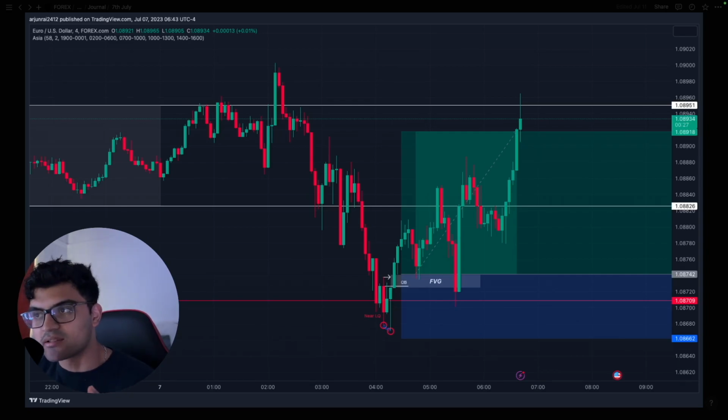Just sit back, relax. You can't control the markets. Literally, you can position yourself in the best possible scenario. At the end of the day, your trade depends on some big institution or big money traders buying or selling. That's what's going to move the market. That's it. So all you can do is position yourself in the best scenario, take the trade, and just sit back